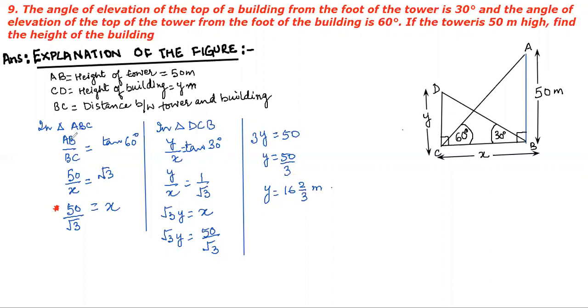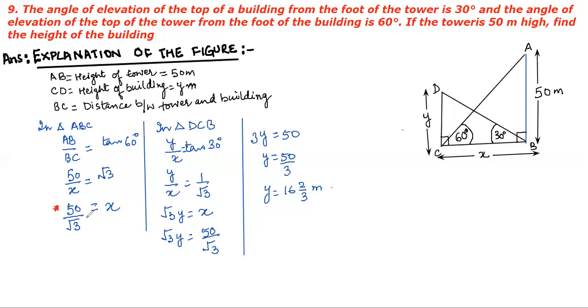So the ratio of that is perpendicular upon base, that is tan 60 degree. Now put the values. AB is 50, BC is X, and root 3 is the value of tan 60 degree. So this is equal to 50 upon root 3x. This is the value. I have given a star here on this step. Beta, need not rationalize it here.